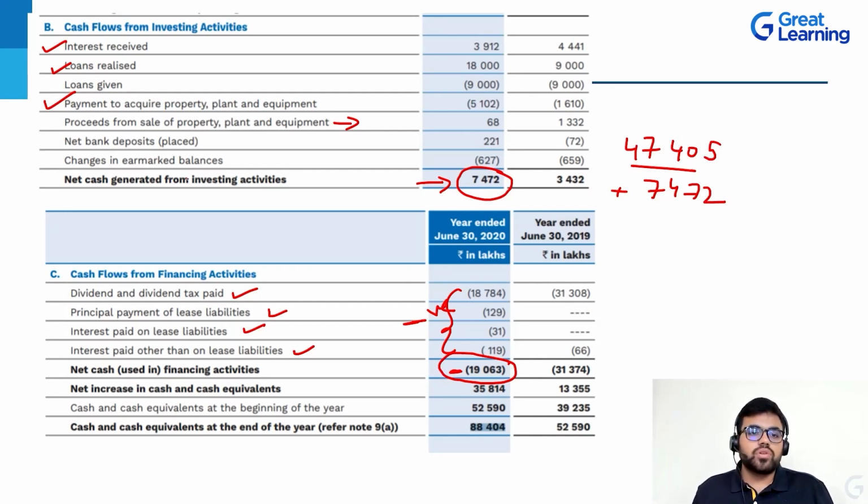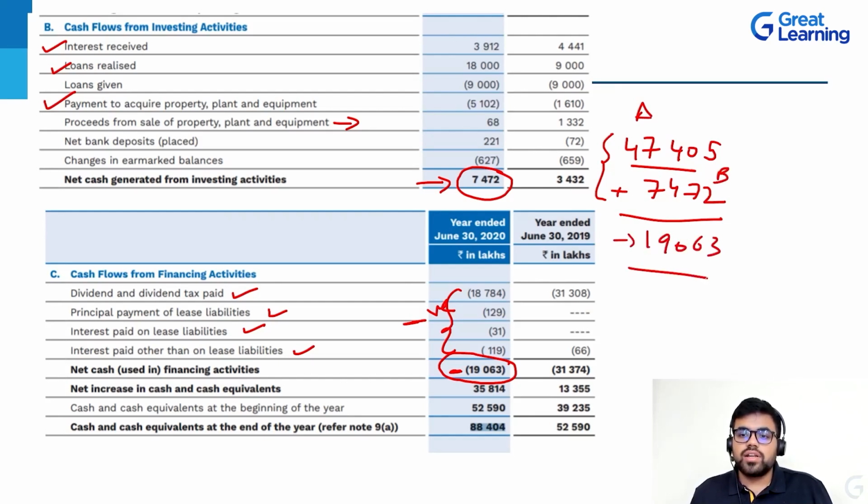Now what should be in brackets and what not? That would depend. Some of the values could be positive and negative. You have to actually see which one is positive, which one is negative. In this case, financing activities is negative. So I'll add both A and B, from operational and investing, and for financing I'll subtract 19,063. Now I will get the net value that is mentioned over here,